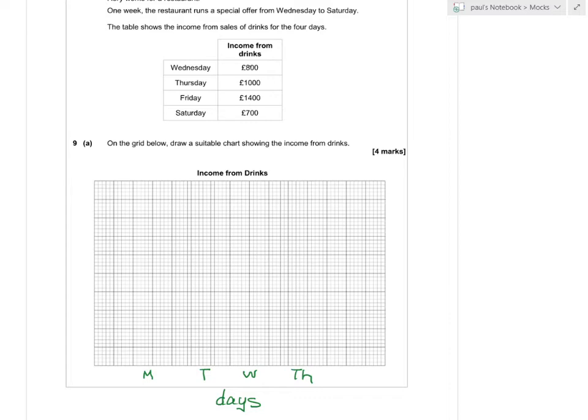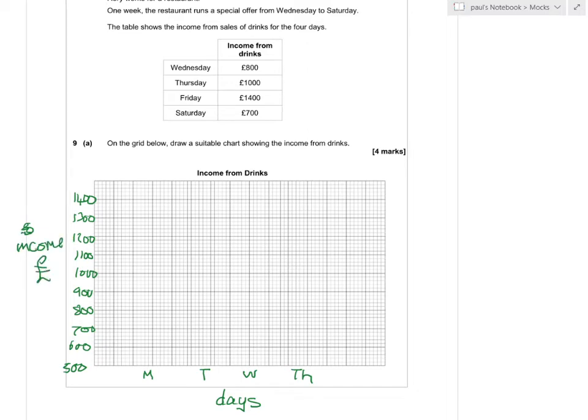So now we're going to go up to £1,400. So let's do 5, 6, 7, 8, 9, 10, 11, 12, 13, 14. That'll do. So I'll start at 500, 600, 700, 800, 900, 1000, 1100, 1200, 1300, 1400. Oh, that fits nicely. So this is income